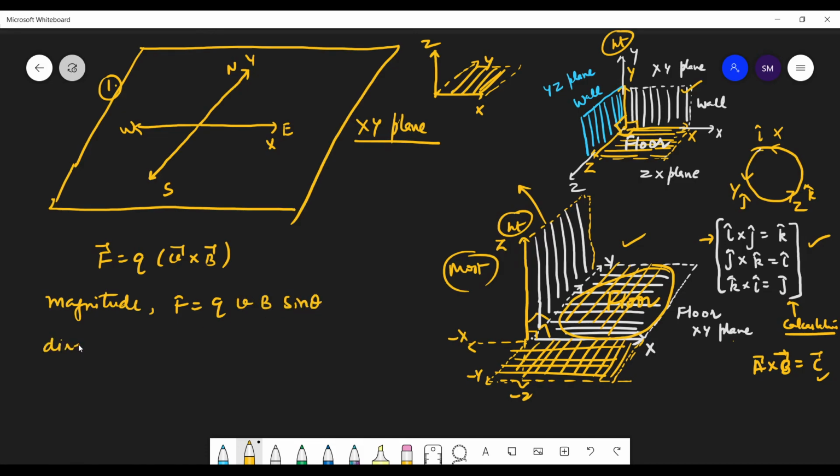The next thing is the direction. How will the direction be found? Let me tell you the story again. Electrons were not discovered at the point of time when these formulas were derived. So current was assumed; only positive charge was known at that time. So current means the direction of positive charge. All the formulas of electromagnetism are derived on this basis only. First of all, understand this thing.